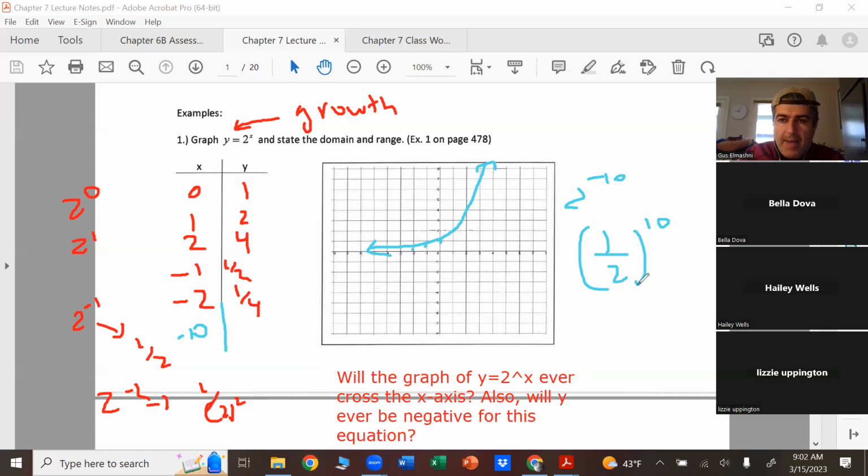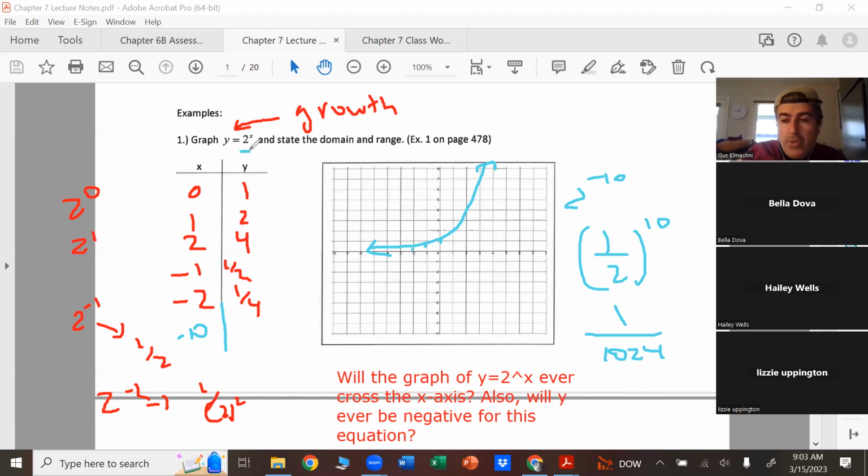Well, 1/2 is a positive number. There are no negative numbers involved. I'm multiplying 1/2 10 times. Of course, it becomes really tiny. In fact, if you're curious, I think it's 1/1024, if I'm not mistaken. I could be wrong, but it's a super small number, like 0.001. So it gets awfully close to the x-axis, but it never becomes 0